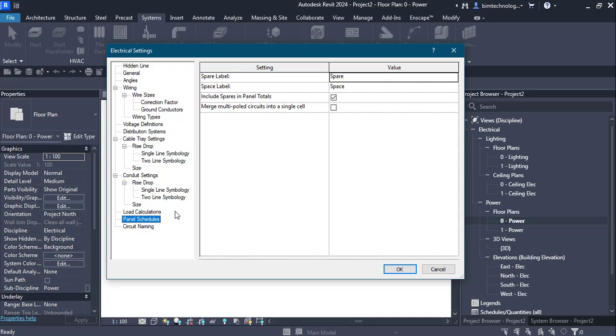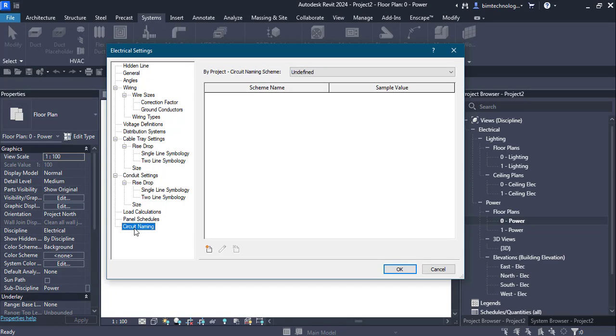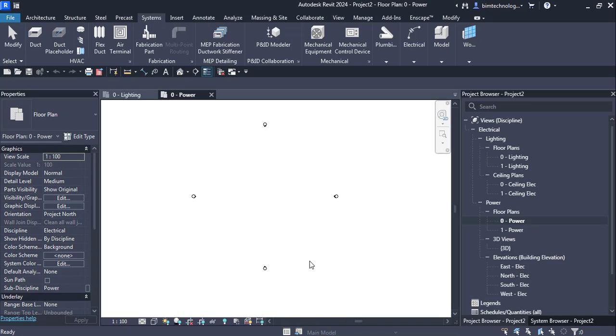And then for the panel schedules, you can have different kinds of spare labels that you want, and the circuit naming. So with this, the electrical settings are done, and now you are ready for creating different types of power circuits, adding lighting and cable trays into your model. In the next video, we are going to talk about how to add electrical equipment and the various parameters along with the families that you need to load for